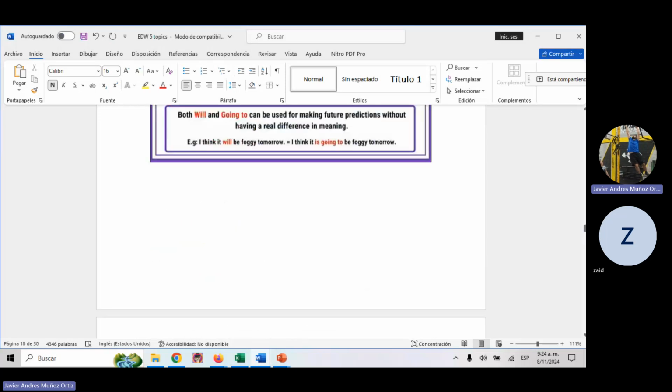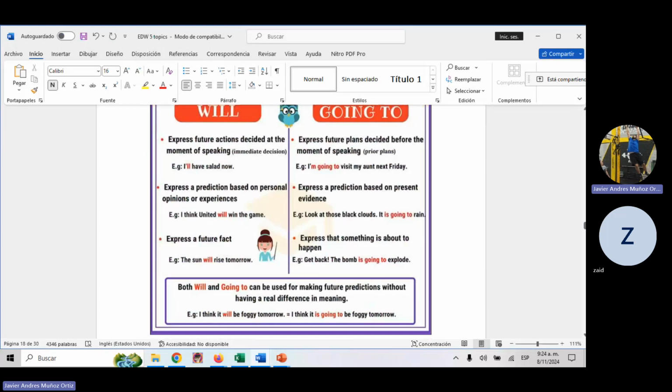Meanwhile, future with going to is used to express predictions based on evidence, to express that something is going to happen in the future, but in the long term. And finally, to talk about plans